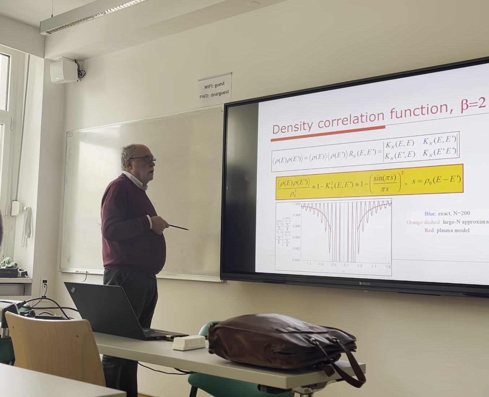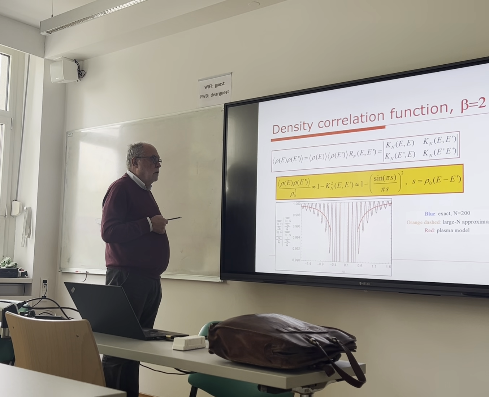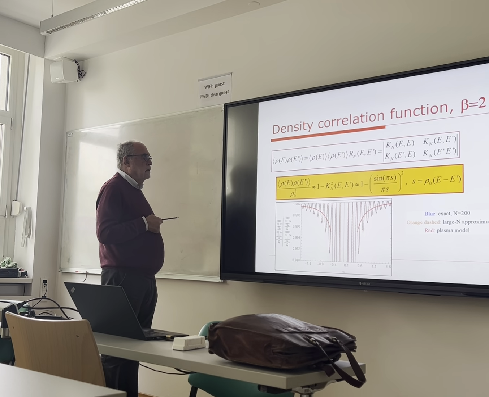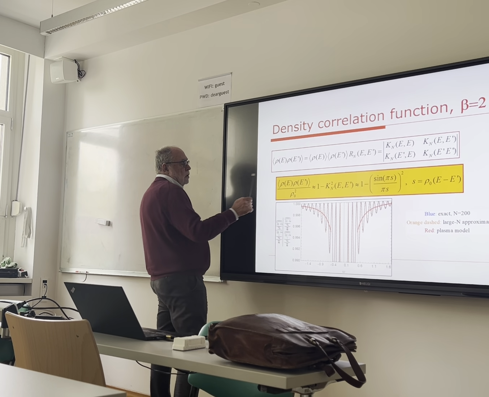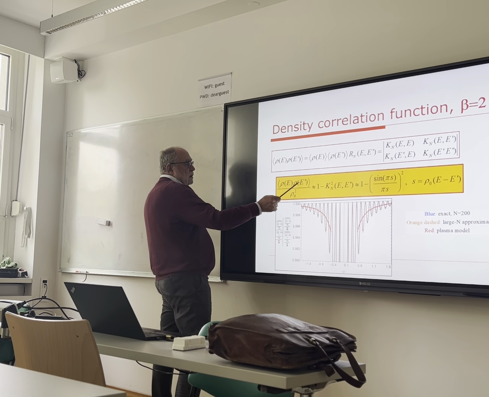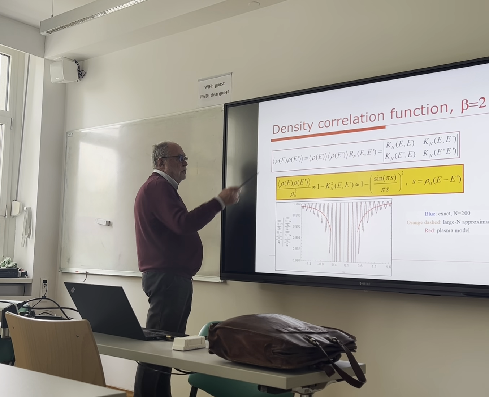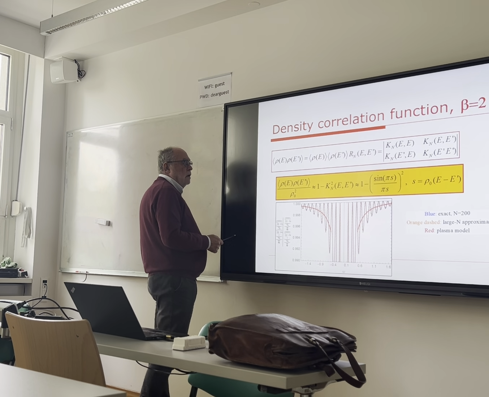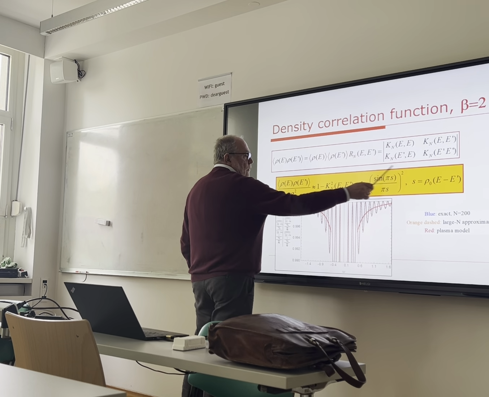What was in the last couple of lectures. So basically, I have shown how to use the formalism of orthogonal polynomials, and using this formalism, I have shown how to get the level density correlation function for the unitary ensemble for beta equal 2, and it appears to be a very simple form like this,